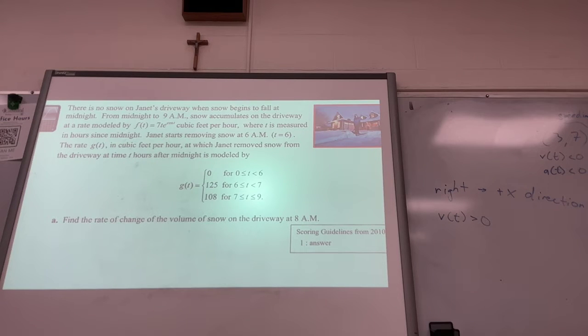She starts removing snow at 6. The rate g of t, in cubic feet per hour, at which Janet removed snow from the driveway at time t hours after midnight, is multiplied by this. Okay, so she, right, so